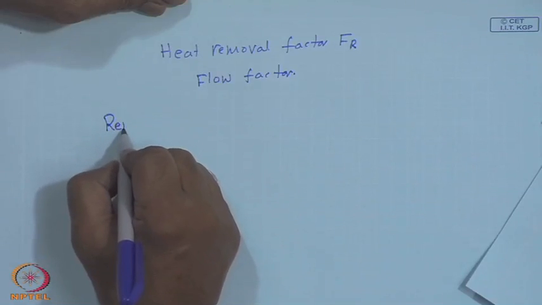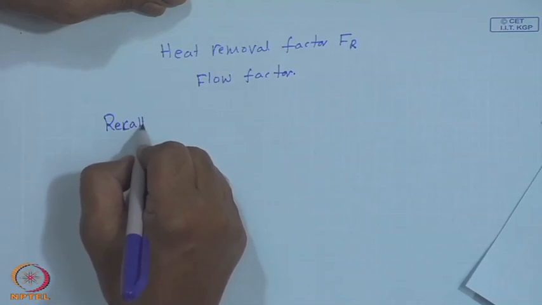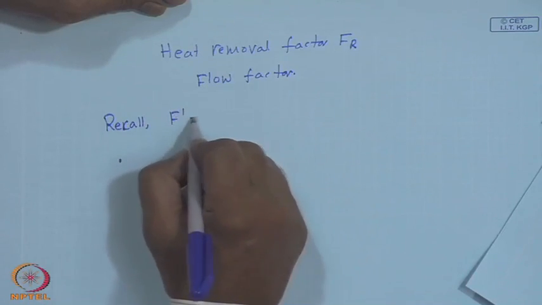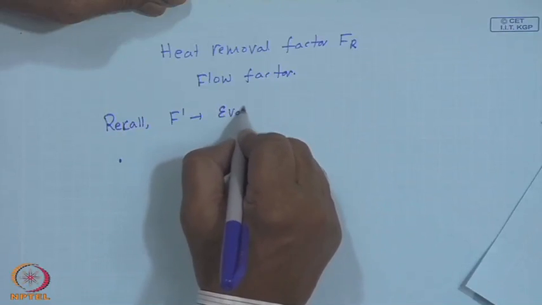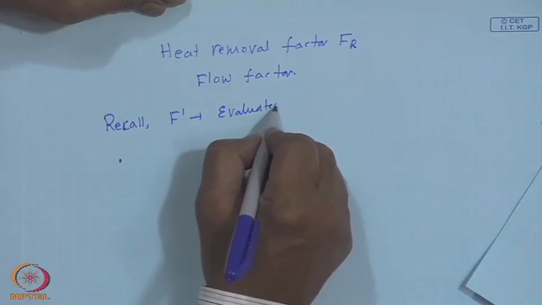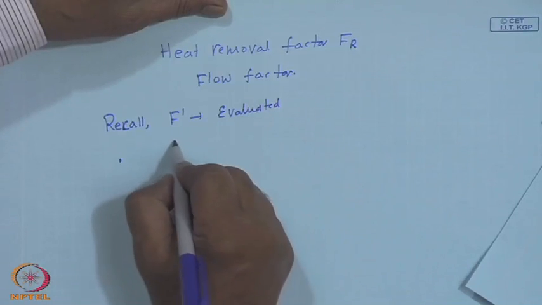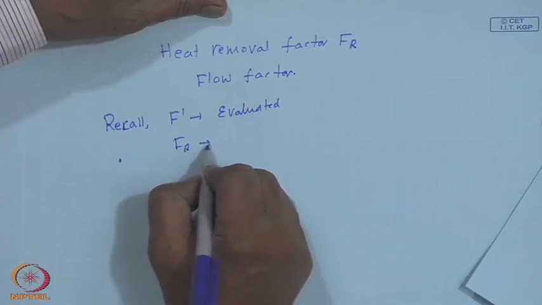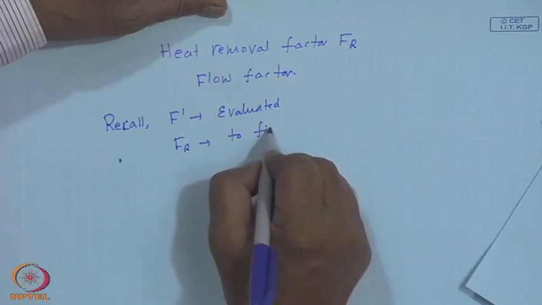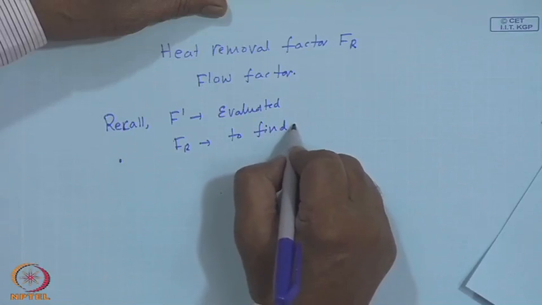Again, remember that F dash, the collector efficiency factor, is evaluated. Now, we are about to find out the heat removal factor F r,